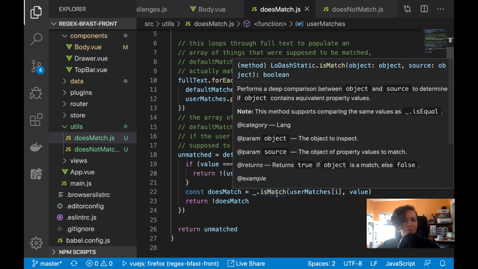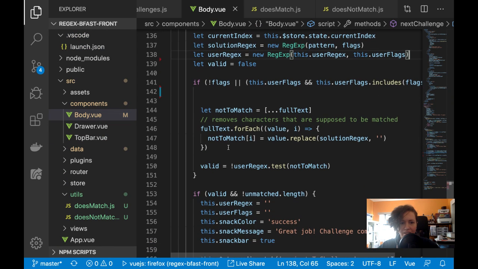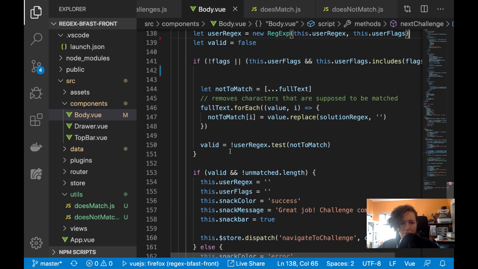Why shouldn't I just return a Boolean and abstract that away from them? Yeah, there's no reason to return unmatched there. I'm checking it here, so I'll just move the checking elsewhere. So here, I haven't imported the function yet, but I'll basically be calling doesMatch, passing it that, and then